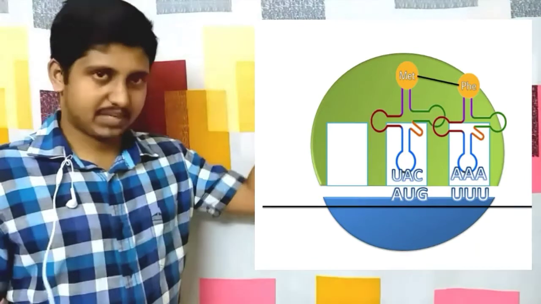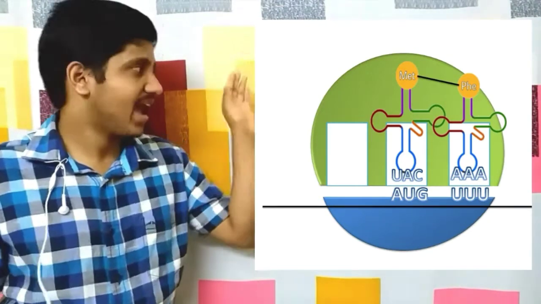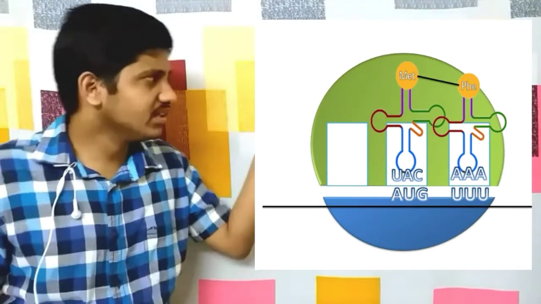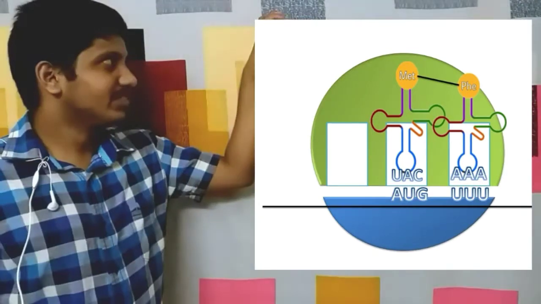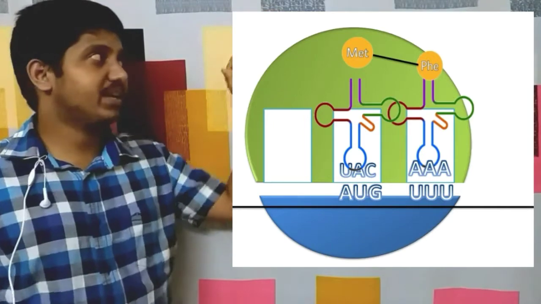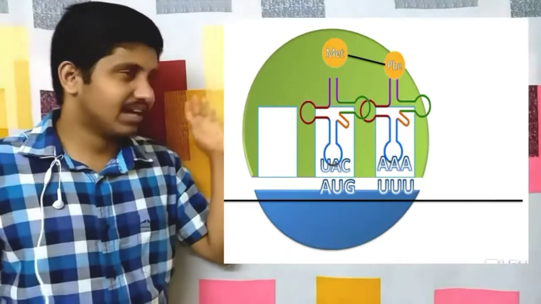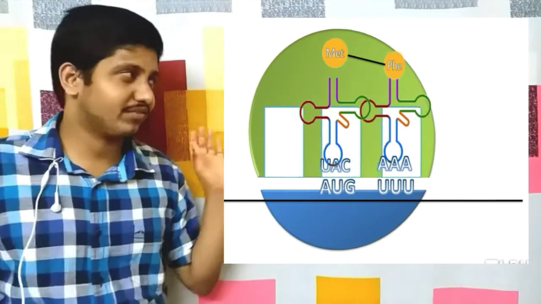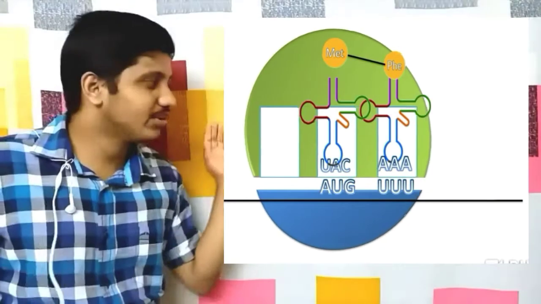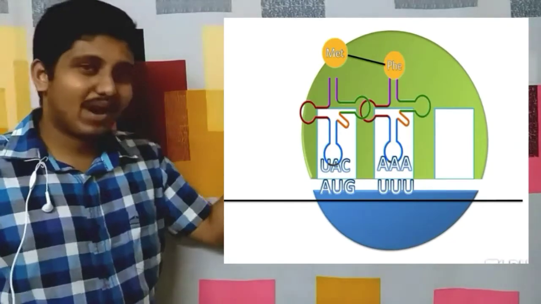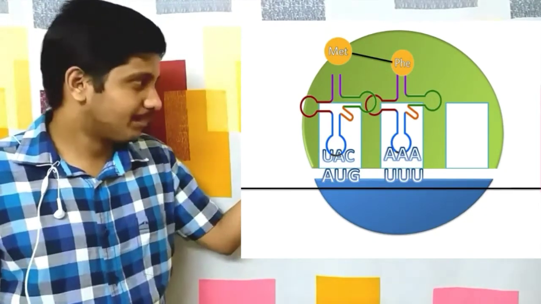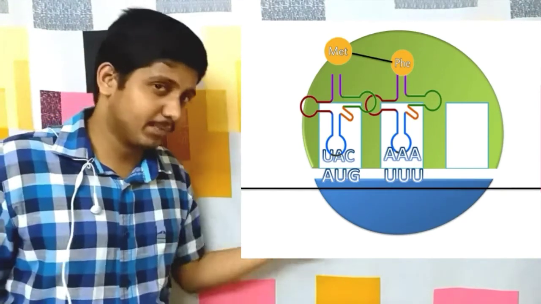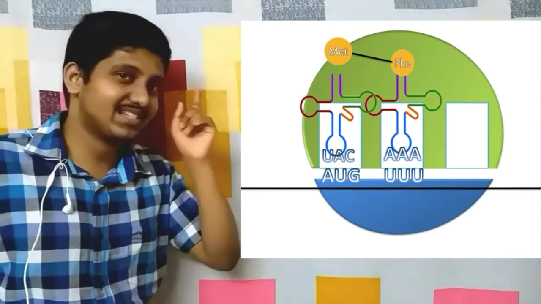We have the peptide bond formed between the amino acids, and then there is no need for this first tRNA, that is the tRNA in the peptidyl site. So this amino acid will be separated from this tRNA, and the ribosome further moves along this mRNA, that is, goes to the next codon. What happens is that the first tRNA, the previous tRNA which was present in the P position, comes to the E site, that is the exit site.